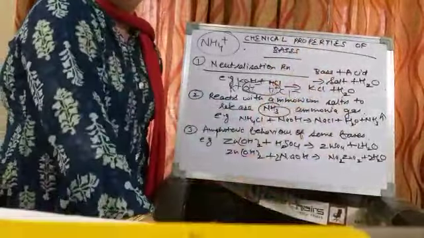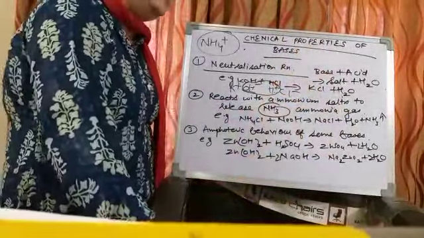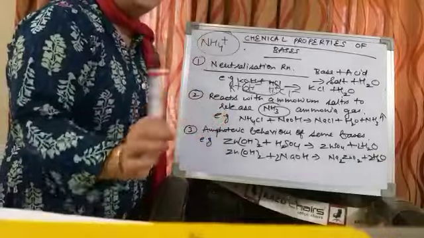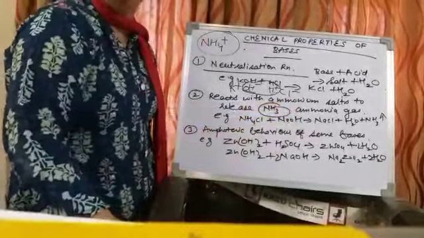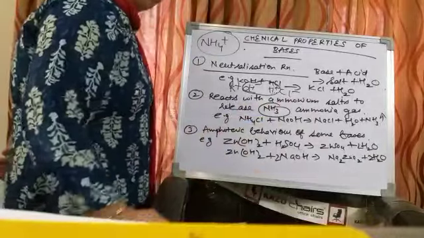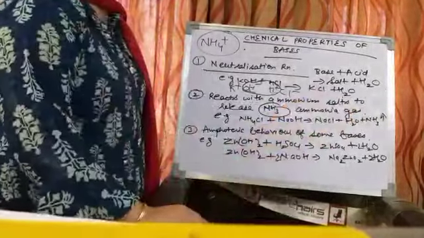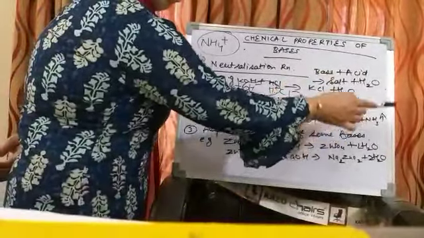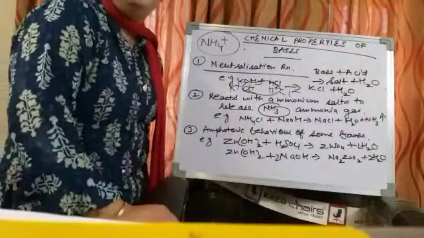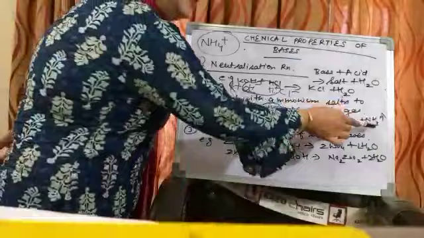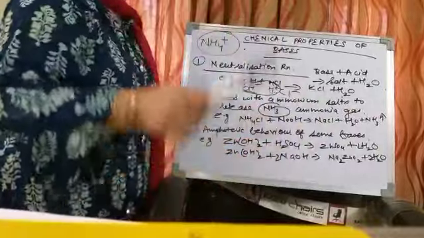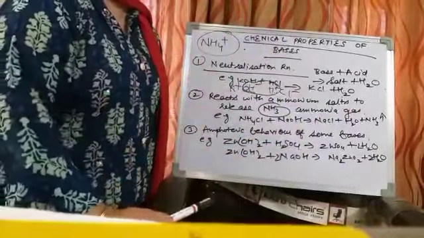And how will you test this gas? You will bring a glass rod dipped in HCl, because you are not aware whether the gas is ammonia or not. Just by smell you cannot confirm that the gas is ammonia. There are not many gases which are pungent smelling. If dense white fumes appear, it confirms the presence of ammonia. Second important test: this is the only basic gas which turns red litmus to blue. Third, this gas also has a bleaching effect. It turns red litmus to blue, and after some time it will decolorize that blue litmus paper also.